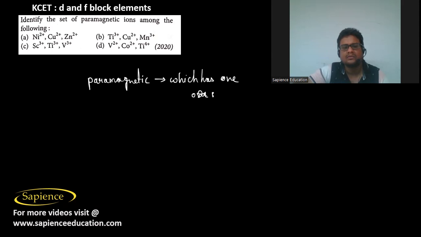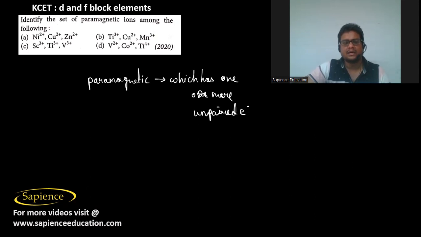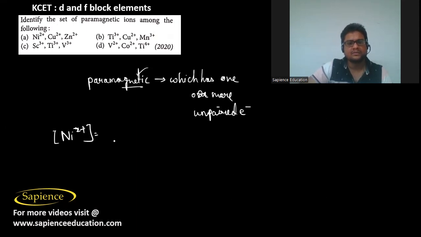Then it is told: identify the set of paramagnetic ions among the following. Now paramagnetic means that the ion has one or more unpaired electrons. Those will be paramagnetic. So here the electronic configuration of Ni2+, as we know, is argon